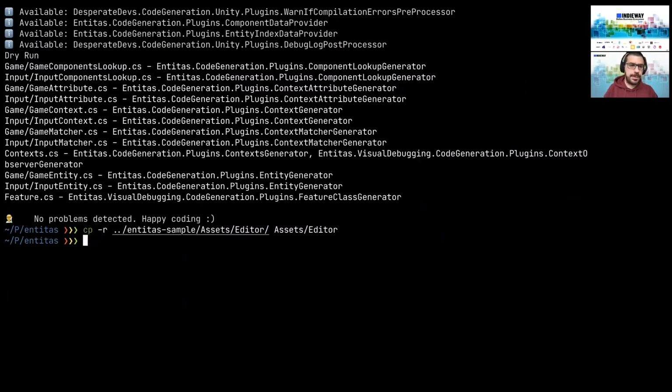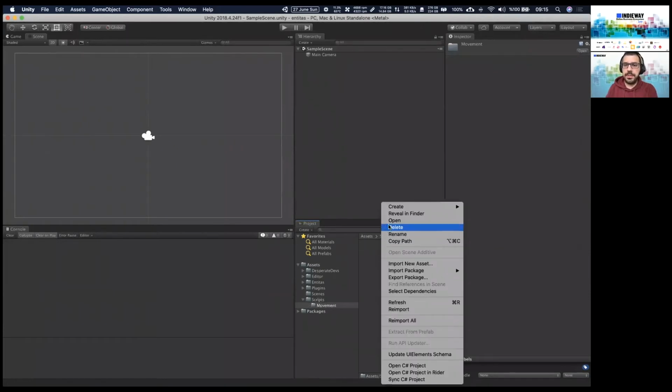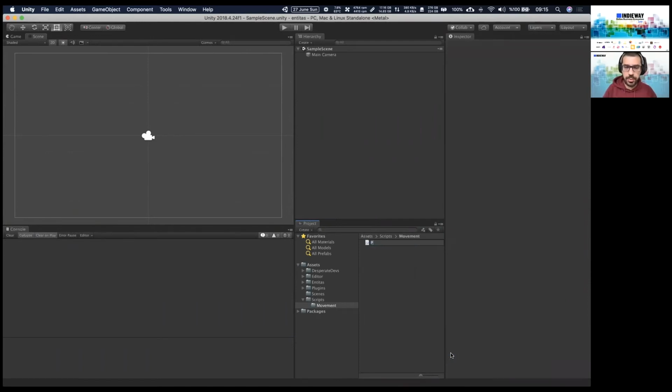let me open my editor tools. I will import them from somewhere else. I wrote these tools before. They really enable me to write Entitas code easily and quickly. I create a component, a position component.